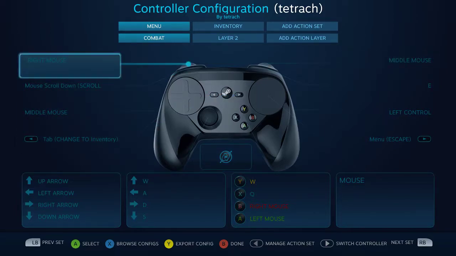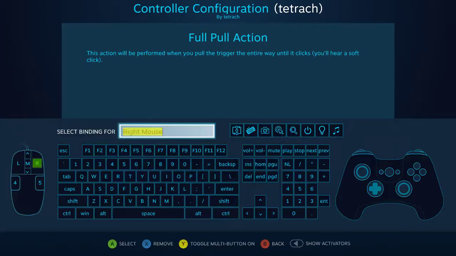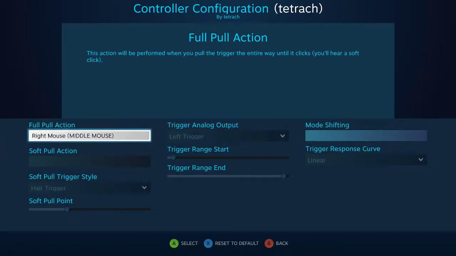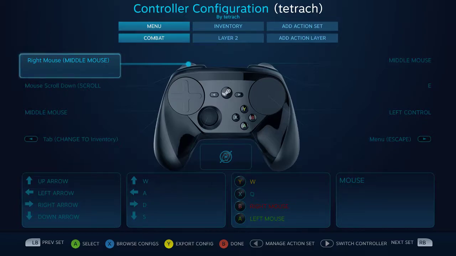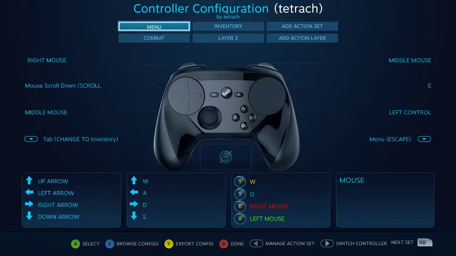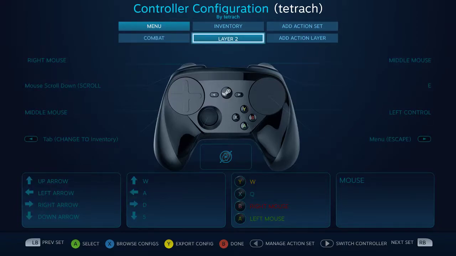So in combat, let's say for instance I want to change this to middle mouse. I'm going to change it to middle mouse, back it up. You'll see now it's highlighted. That means that that button's been changed. All right, and then if I go up to menu, it's still right mouse. If I go to layer 2, it's still right mouse because it's using the parent